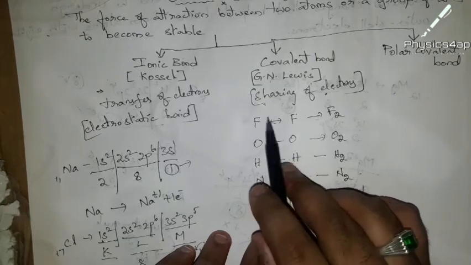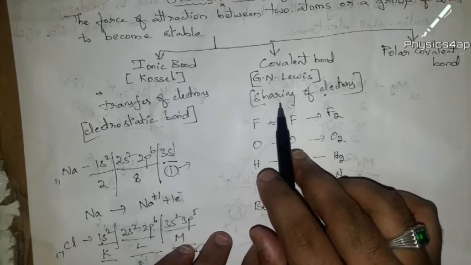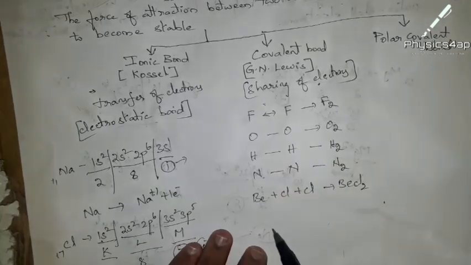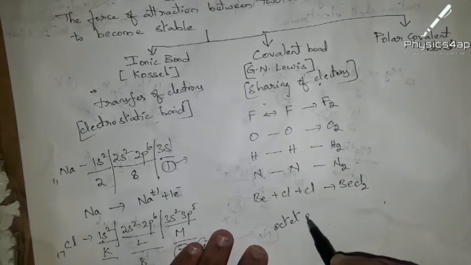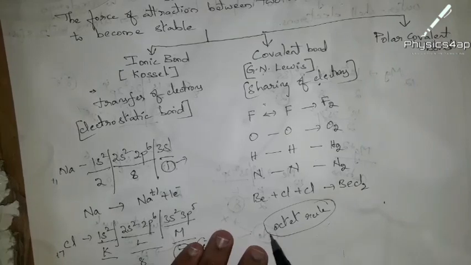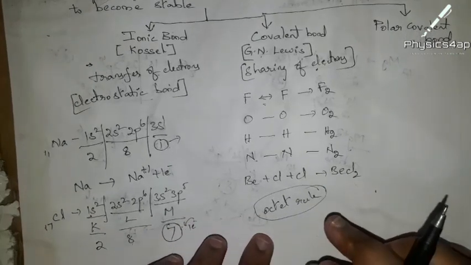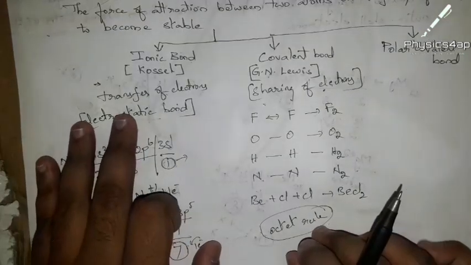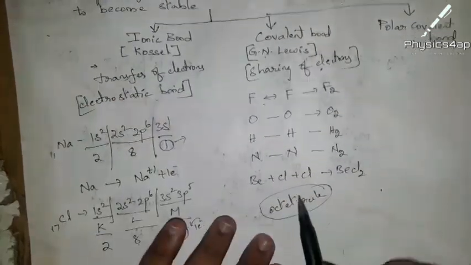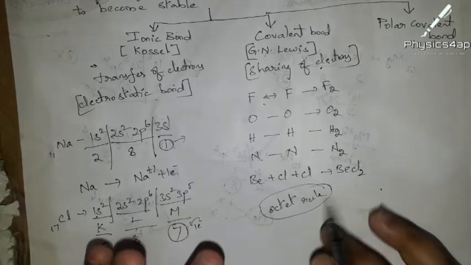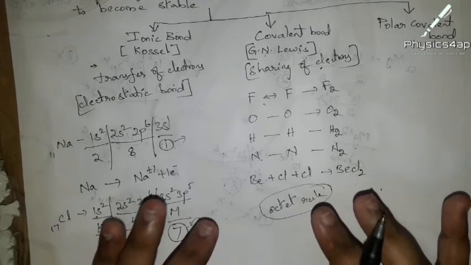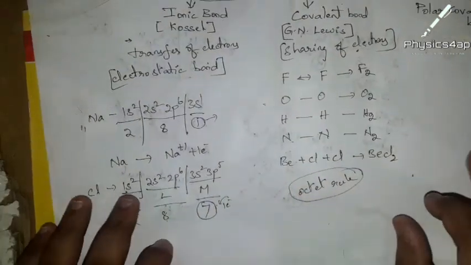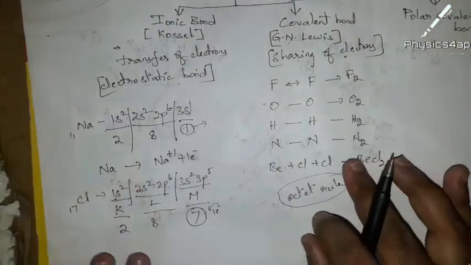And when we get the transfer of electrons or the sharing of electrons, here also we get the octet rule. That is, the octet rule should not be violated. The outermost orbit should consist of 8 electrons. So when we transfer or share the electrons, they should have 8 electrons in the outermost orbit to get a bond formation. So, clear? Now this is just a brief introduction about the ionic bond and the covalent bonds.